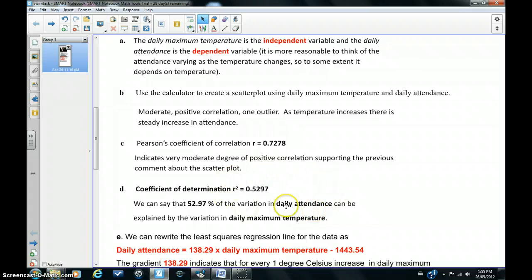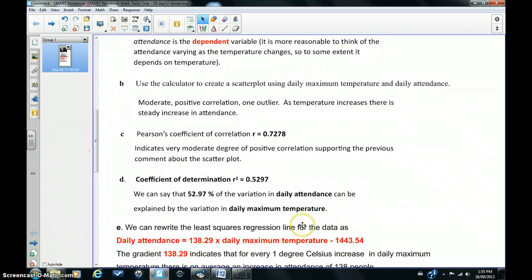Now, you're often asked to interpret this coefficient of determination, and we can say that 52.97% of the variation in the daily attendance can be explained by the variation in the daily maximum temperature. So